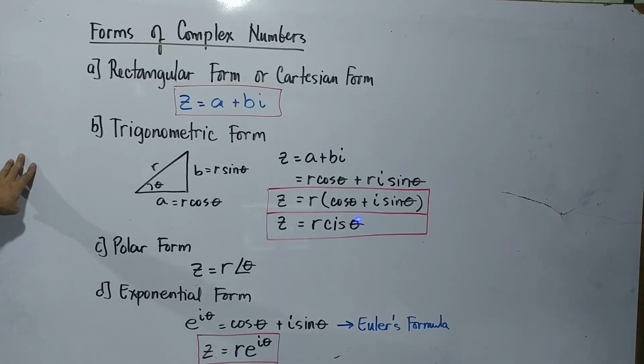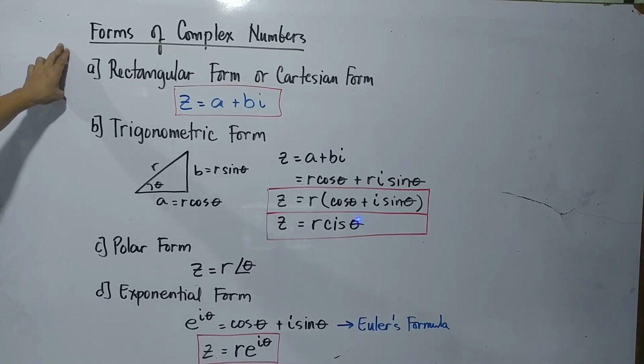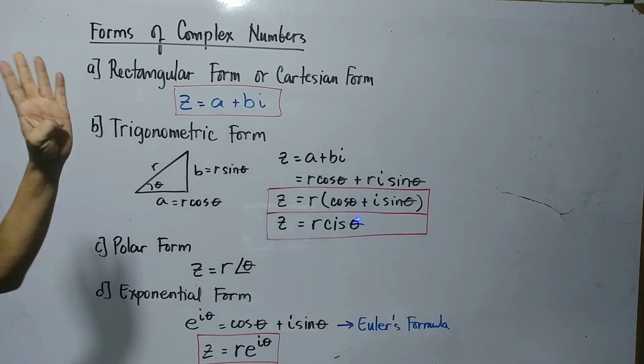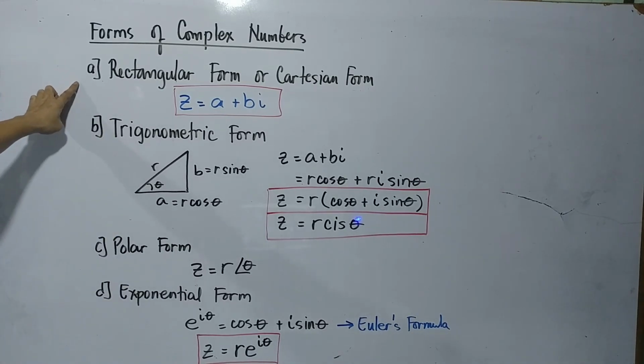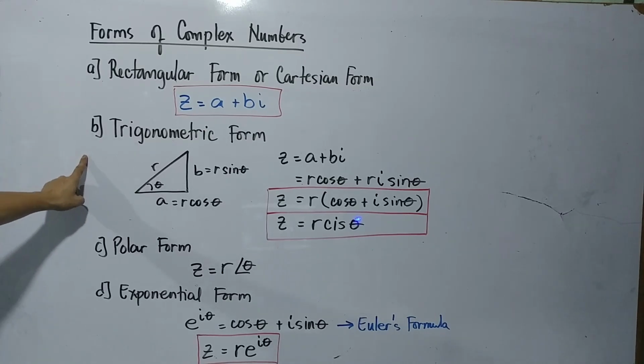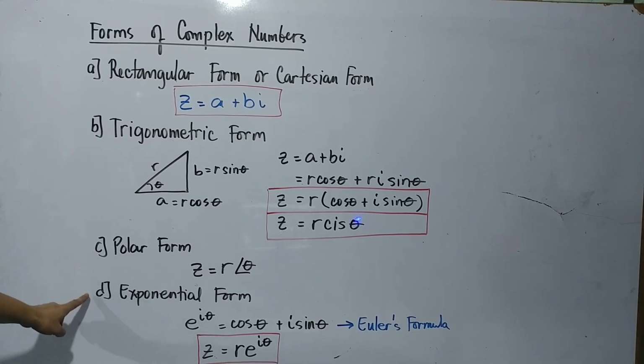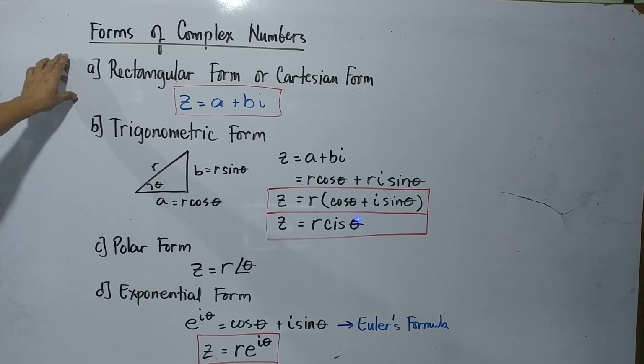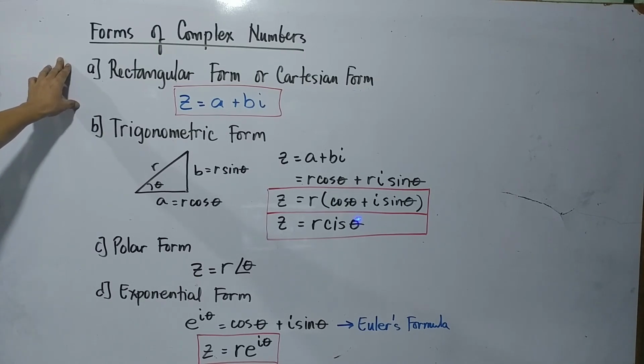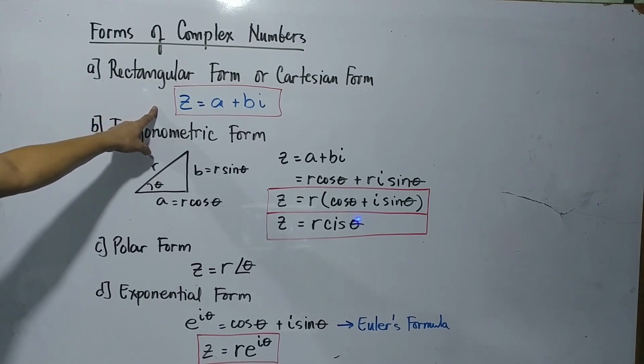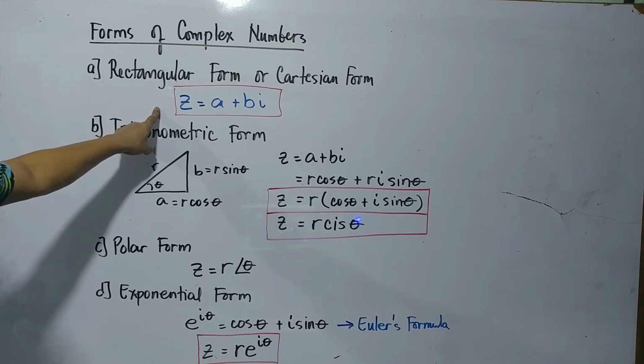So our topic for today is the forms of complex numbers. We have four forms. First is the rectangular form or the Cartesian form. The second one is the trigonometric form. The third one is the polar form. And the fourth one is the exponential form. When we talk about Cartesian form or the rectangular form, we are using the formula of Z equals A plus